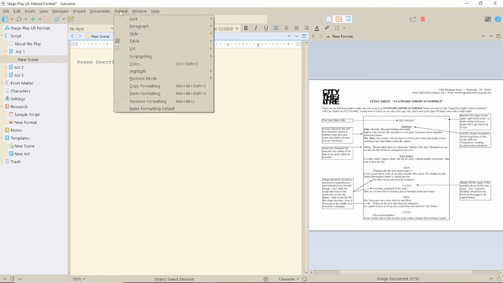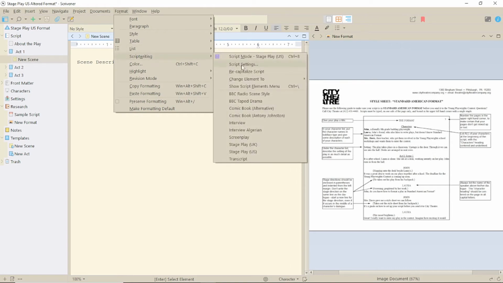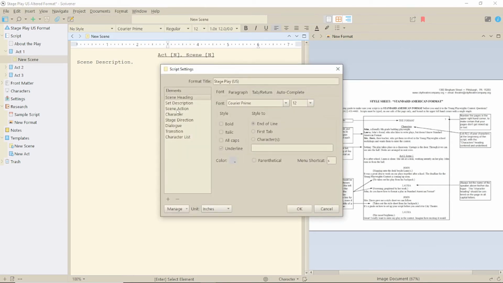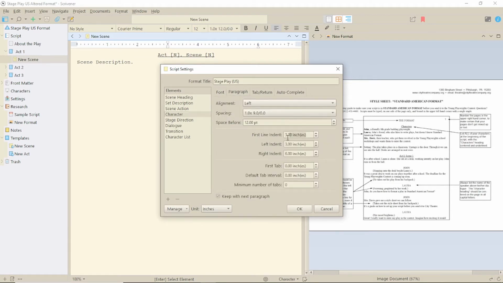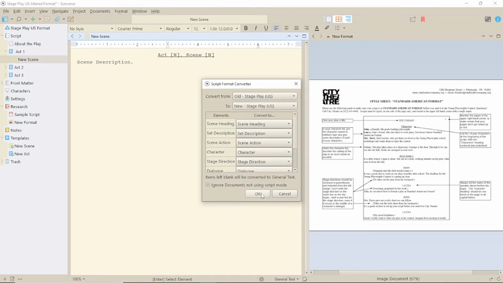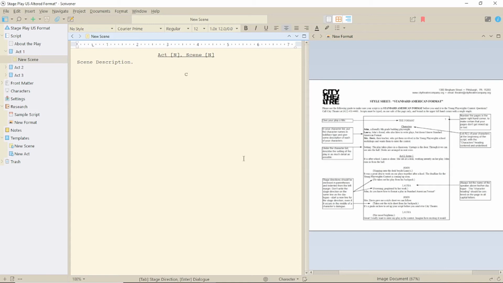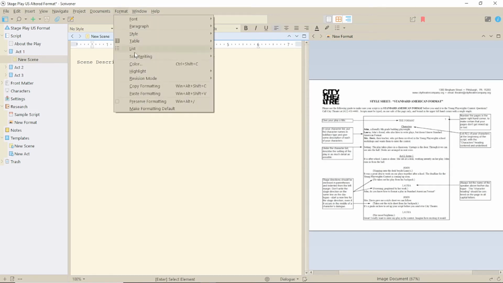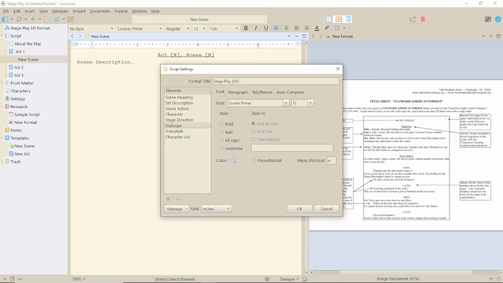Character needs similar changes to scene heading. So you'll need to remove the indents and make it centered. Dialogue also needs indent removal.